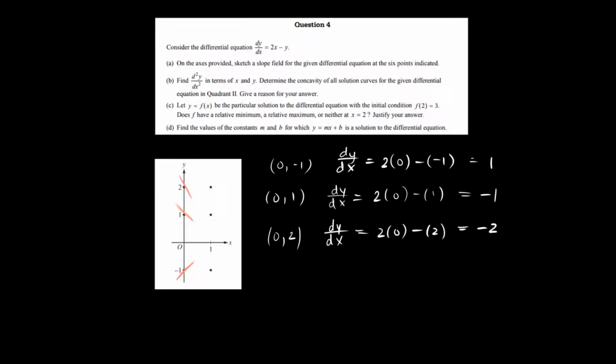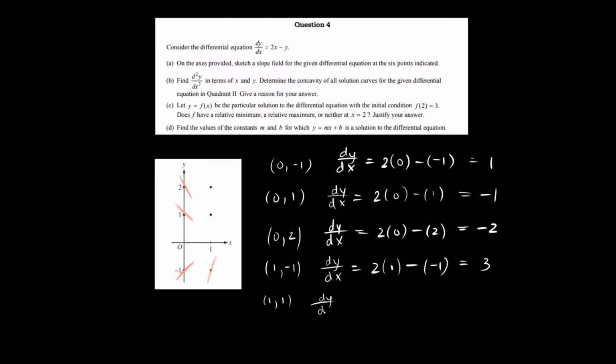Now we can move on to when x is equal to 1. This point, 1, -1, would mean that dy dx is equal to 2 times the positive 1 minus the -1, which is a slope of 3. So a slope of 3 would look something like that. The next point, 1, 1,